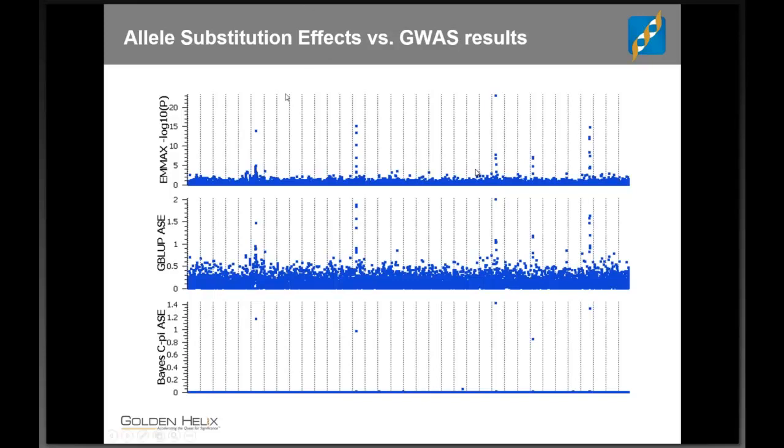So in this top panel, we see the negative log 10 p-values from a mixed model GWAS analysis. And again, we see 5 distinct regions that are associated. In the next figure, we see the allele substitution effects from GBLUP. And these two figures are really quite similar, maybe a little more noise in GBLUP than in the mixed model